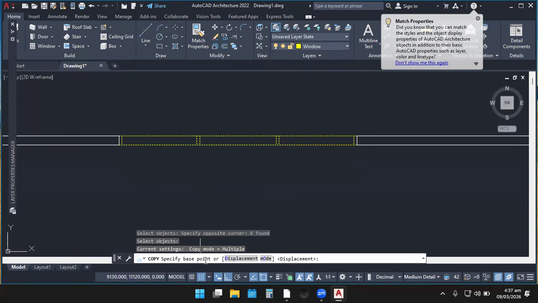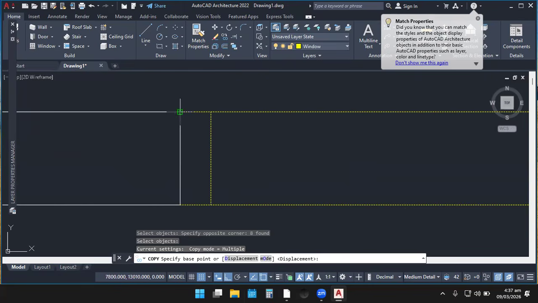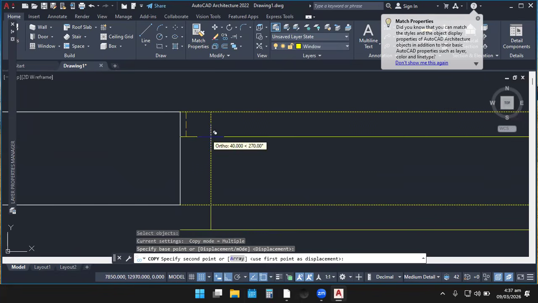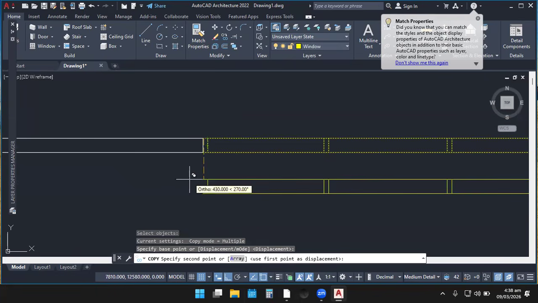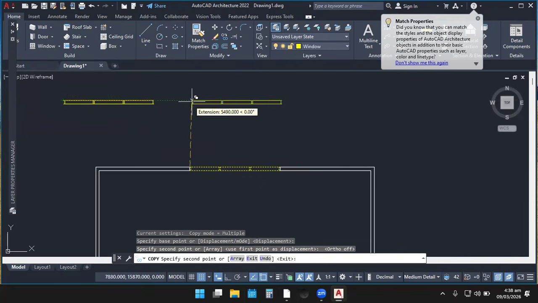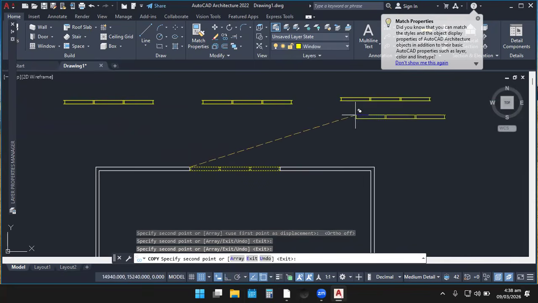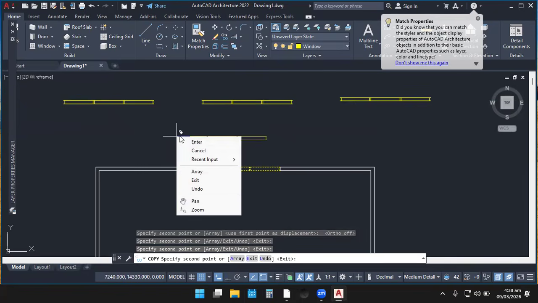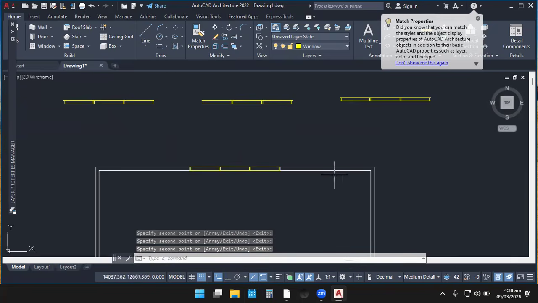Then now I can specify a base point. I can zoom to use one part as my base point. I'm using here as my base point, so you can see where I've picked it. I can even copy this and put it here. It's not able to be flexible because the auto is on. When I release the auto, I can put it anywhere. I can choose to put one here, one here, one here. You see, that is the behavior of that. So I can just right click and press enter, it is gone.